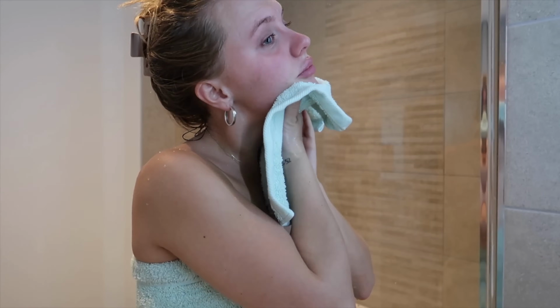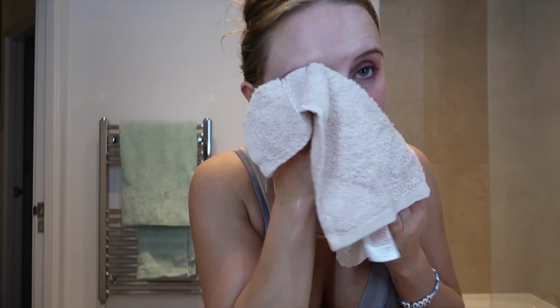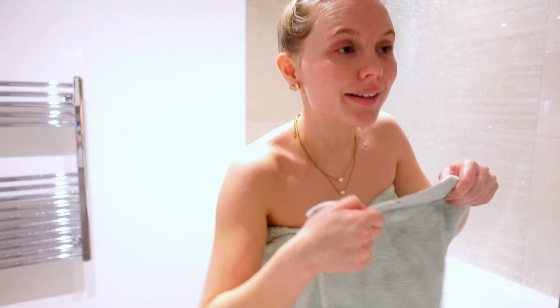I have about 10 face flannels that my boyfriend knows he is not allowed to touch, and I use it to dry my face in the morning, dry my face in the evening, and then it goes straight in the wash. Bacteria loves moist environments. What is warm and moist? Our towels after drying our face. If you leave your face towel for a long time without washing it, you are inviting bacteria in with a